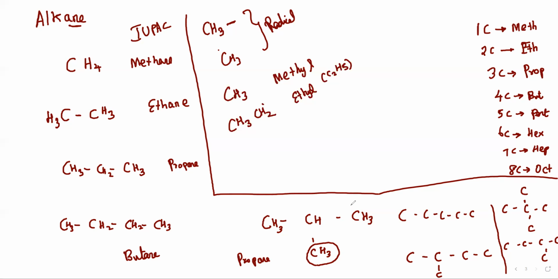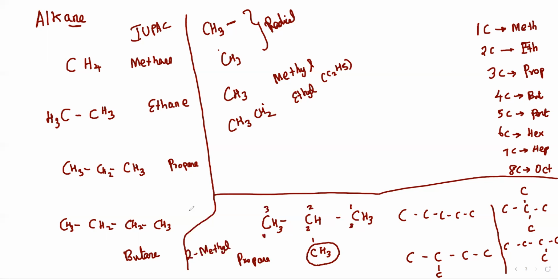It is in the second place, right? 1, 2, 3. Or else you can put it like this: 1, 2, 3. So methyl is in the second place, so its name is methyl propane. Am I correct? It is in the second position, so it is 2-methyl propane. Okay. So you should not fix the name by only looking at the total number of carbons. If all the carbons are in the straight chain, we can comfortably say it is butane.